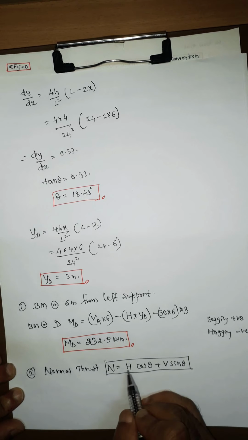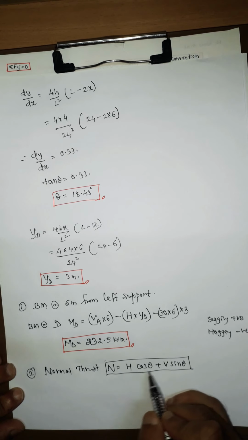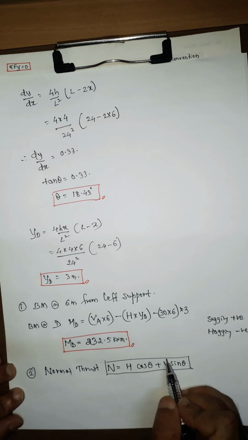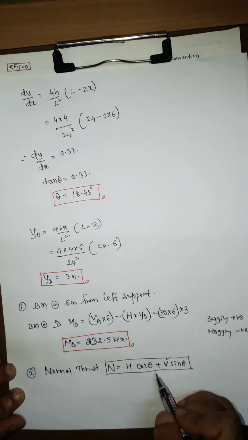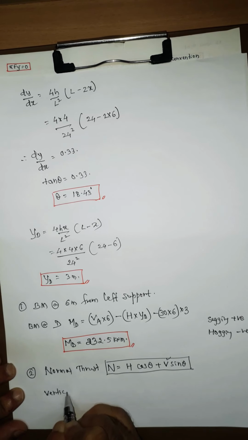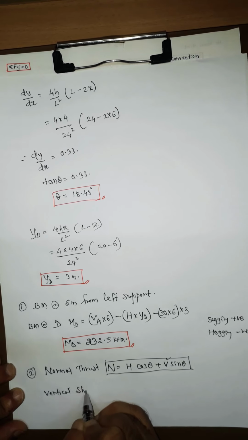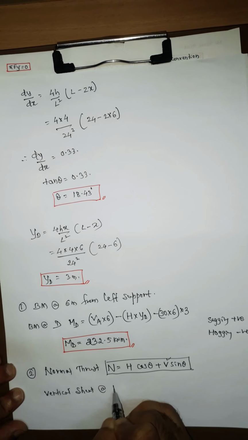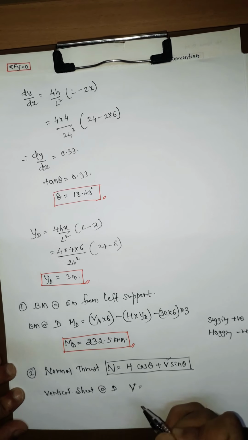Here we know H and theta, but before that we are going to find out V. V is the vertical shear, or just shear force. Vertical shear at D, that is V, is equal to